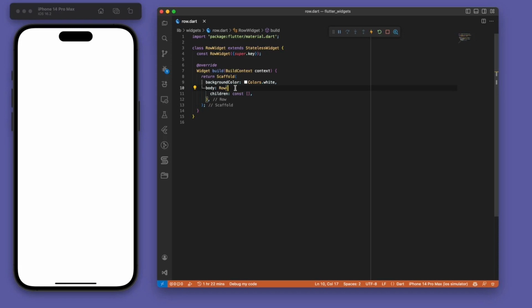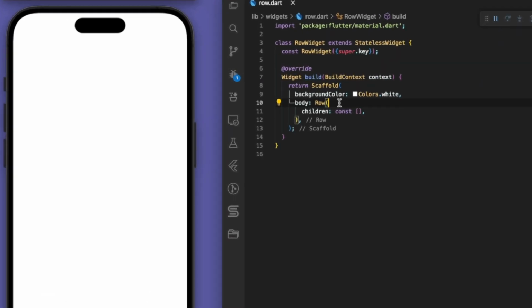Hi, in this video we are going to talk about the row widget in Flutter. The row widget in Flutter is used to arrange the widgets horizontally. It's the same as the column, but it arranges its widgets or its children in a horizontal direction. And in this widget we can also specify the alignment, the space in between the children, and width and